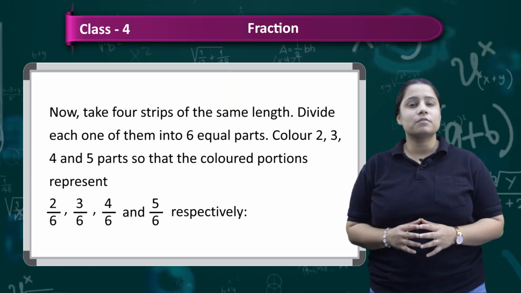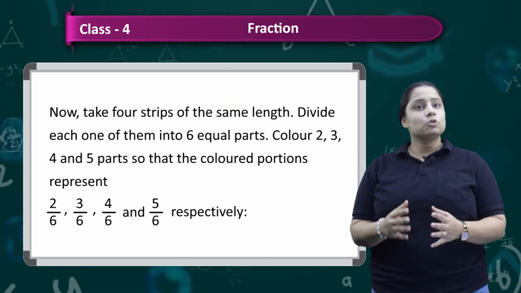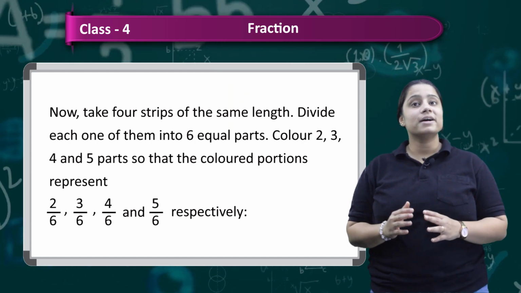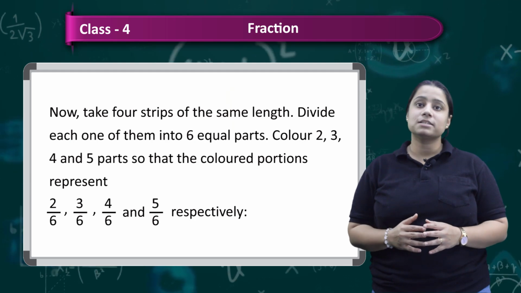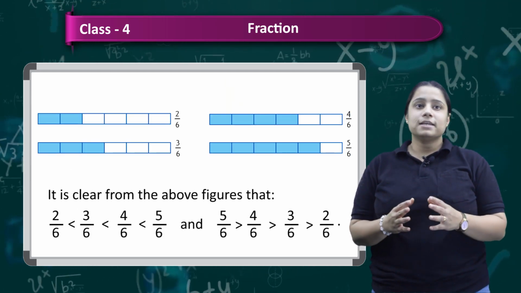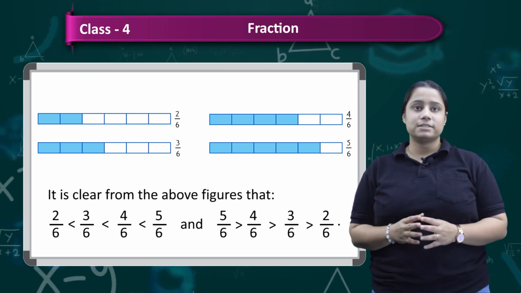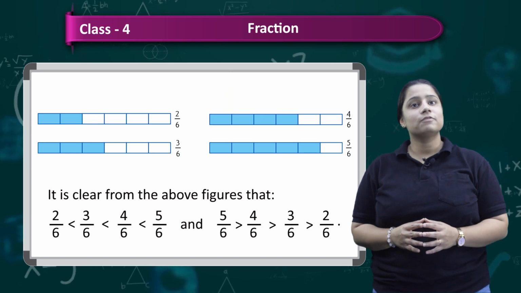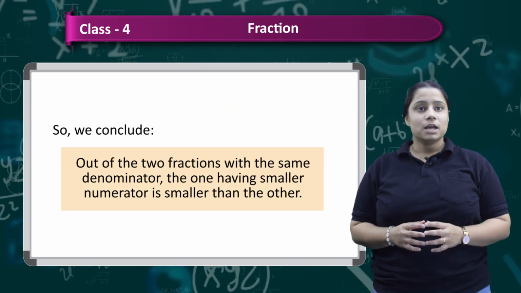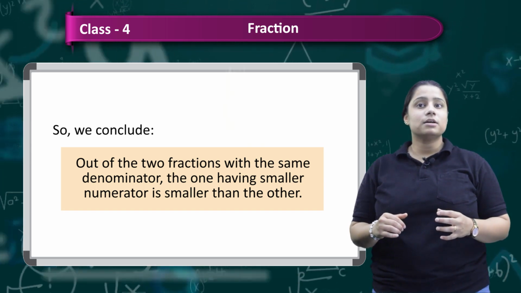Now take 4 strips of the same length. Divide each one of them into 6 equal parts. Color 2, 3, 4 and 5 parts so that the colored portions represent 2 by 6, 3 by 6, 4 by 6 and 5 by 6 respectively. It is clear from the above figures that 2 by 6 is smaller than 3 by 6, is smaller than 4 by 6, is smaller than 5 by 6, and 5 by 6 is greater than 4 by 6, is greater than 3 by 6, is greater than 2 by 6. So we conclude, out of the two fractions with the same denominator, the one having the smaller numerator is smaller than